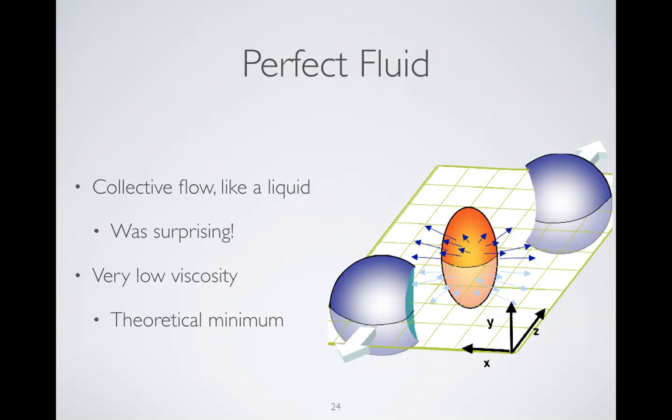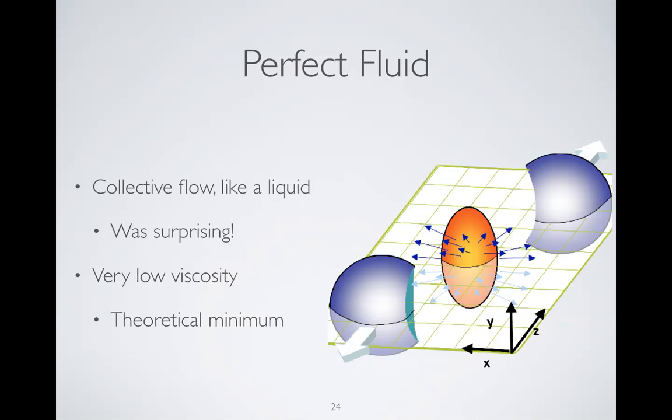But if you have a drop of water that's like this, well, it's going to flow this way, right? So if it starts to flow this way and then freezes out, you'll see more particles that move out in this direction, in the horizontal direction, versus in the vertical direction on that picture. So that's the evidence for flow, and that was also surprising. It was surprising that it's strongly interacting and surprising that it flowed like a liquid.